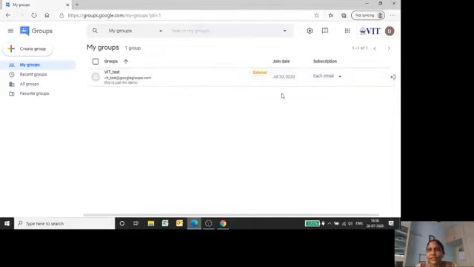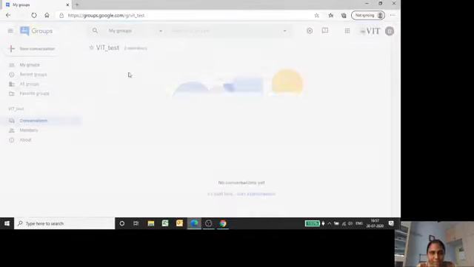Because this is a VIT Gmail ID, it is telling me that this group is external, because it's not within the VIT domain, so it is created by an external person, right? You won't see this if you are doing the same thing between two personal Gmail IDs, but because this is an institutional email account, it is showing this.